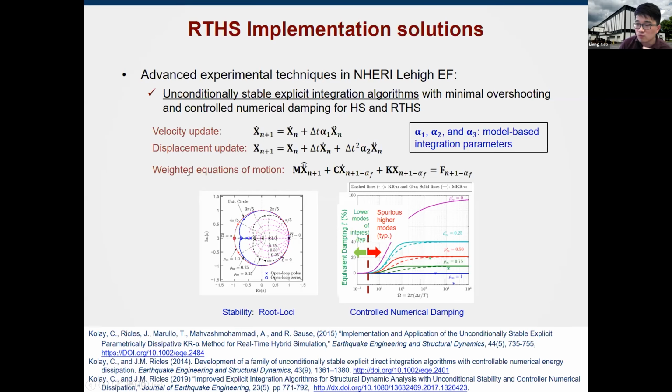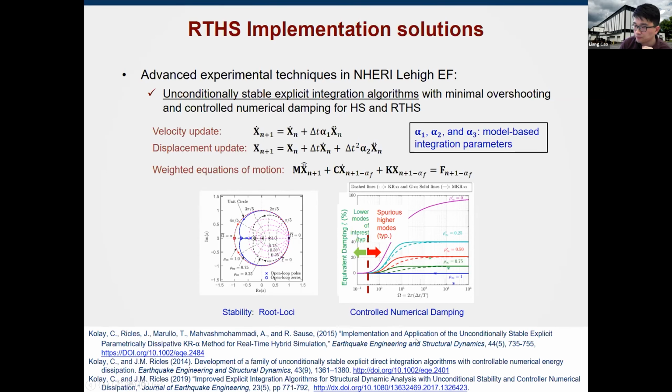And we are adding these weighted equations of motion to introduce a controllable numerical damping, which will be determined by one parameter called rho infinity. Also, those alpha 1, 2, 3 values can be determined by the rho infinity. So how does the rho infinity work? If you take a look at the right graph, the x-axis is the frequency, the y-axis is the